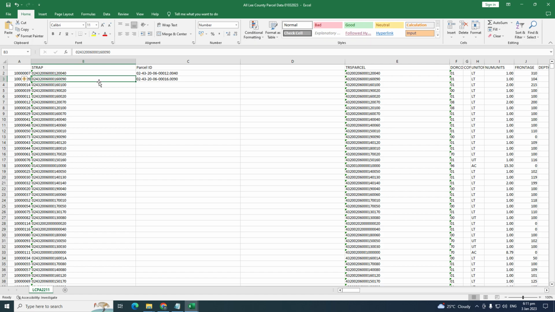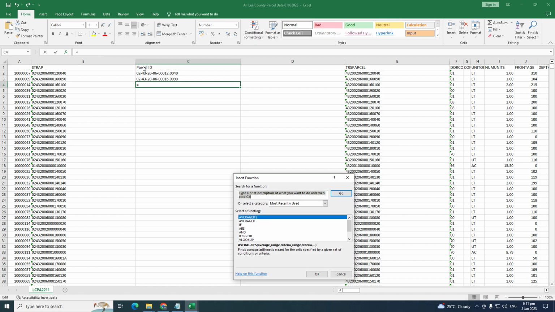to convert this strap number into like this, because the difference is only the dash. As you can see, the dash only. So we will make it like that. So first let's go to the function and use this one,